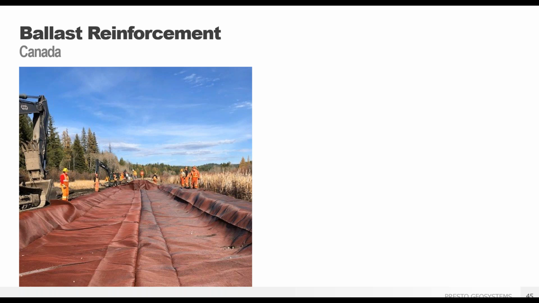We follow AASHTO M288, which is a highway spec, based on CBRs and overlaps. Since this is a CBR of 1 or less, it actually recommends a minimum of a 3-foot overlap. You can imagine how much fabric a 3-foot overlap is going to waste on this 1 mile of track. There is an additional cost to factory seam that geotextile, but the cost is more than recovered when you're limiting that 3-foot overlap.